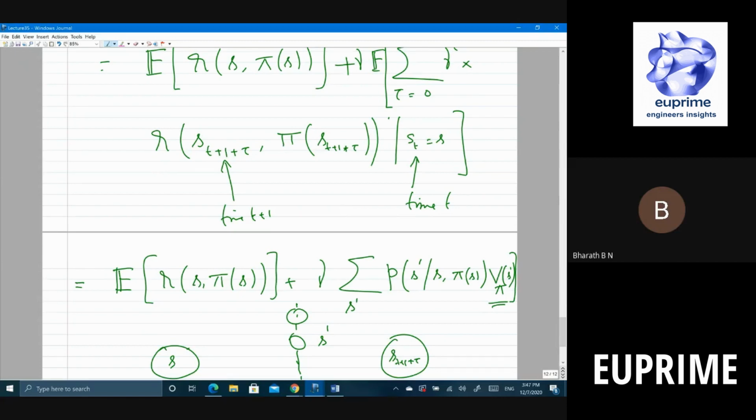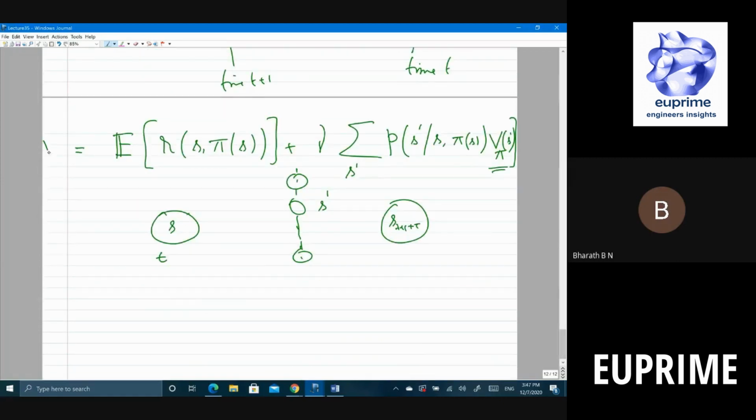So this counts everything, like the infinite state problem also. Yes. I'm not restricting anything, right? Because the only thing that runs to infinity is tau. What I'm restricting is that s dash is countable, meaning the number of states is countable, can be infinity. So I'm not restricting anything. In fact, even if it is continuous, this summation will become an integral, right? To that extent, we have replaced.